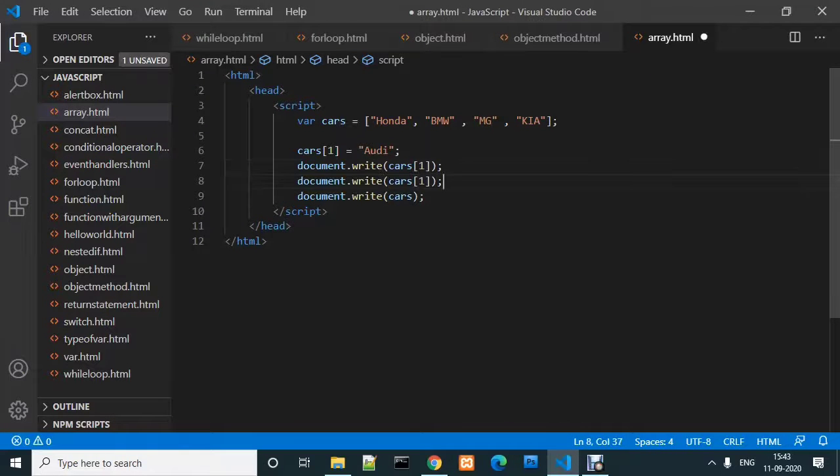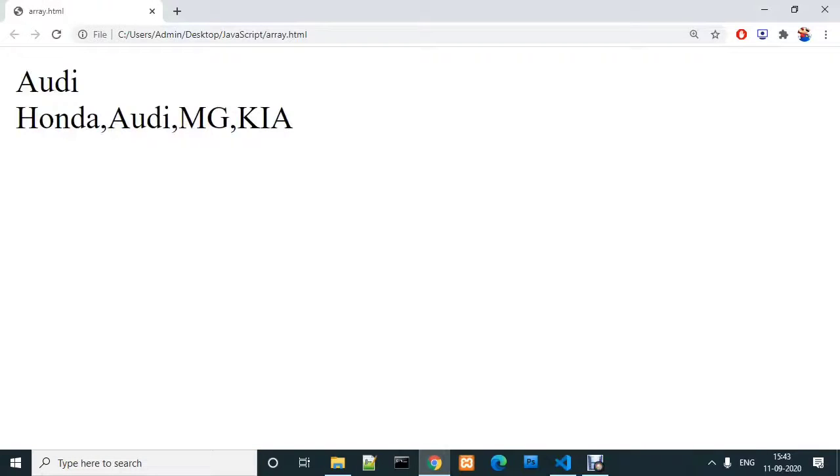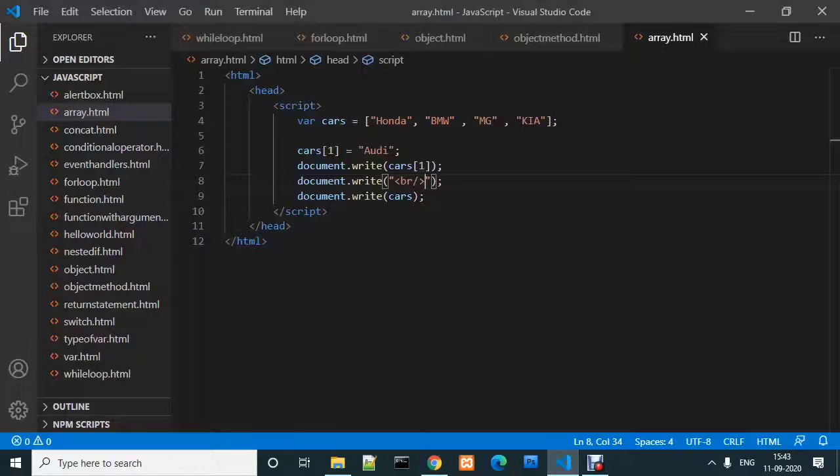Let me change this: we will write the BR tag, so it will come on the next line. So this is the first index that we printed, and this is our new array after changing BMW to Audi. So that's all for this video.